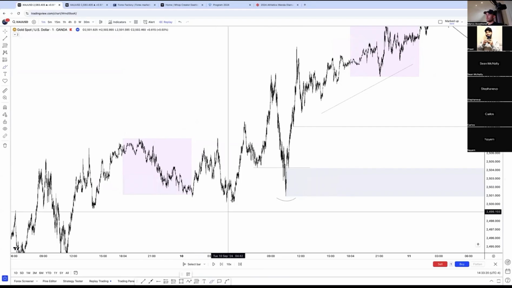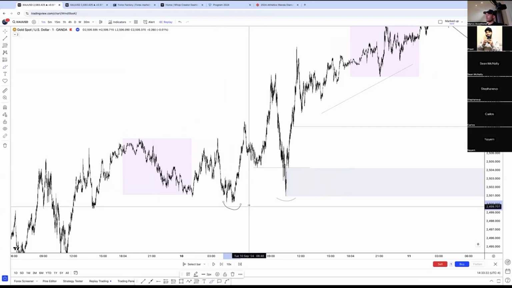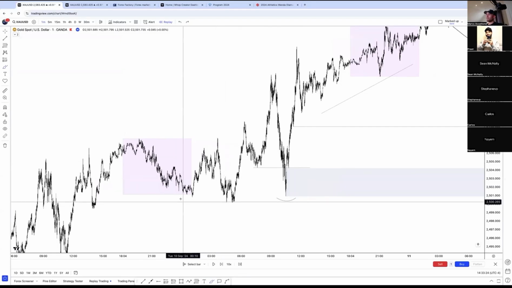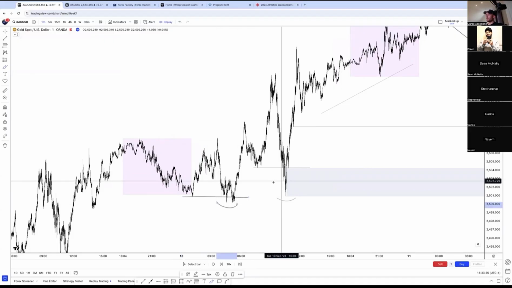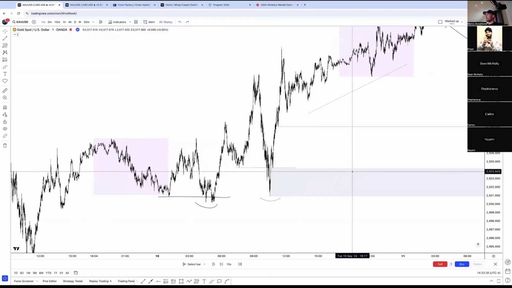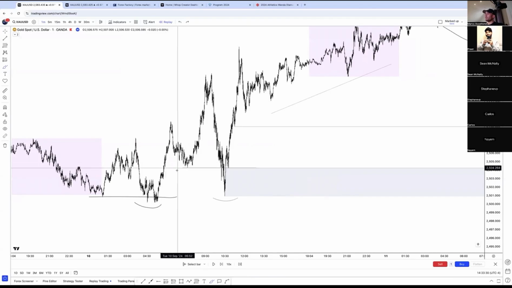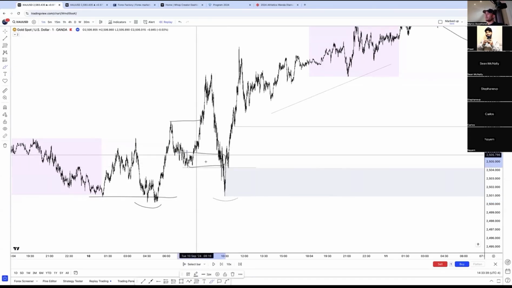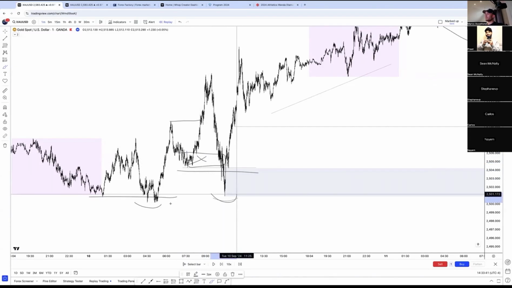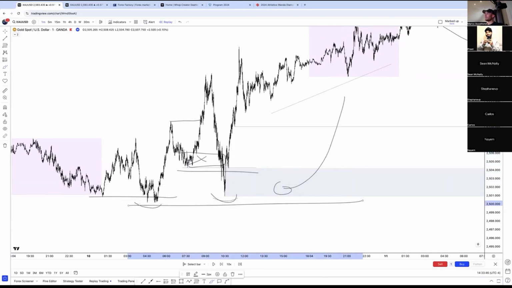Respect this? Yeah, for sure. This was a liquidity block before. We mitigated it. But as we know, we're bullish overall. Think about it from this perspective: we've taken this high out, we've taken this low out. Buyers got trapped. Anybody looking to buy here now got trapped, leaving us a liquidity block. So once we respect this area and move away, this is definitely going to be an area to target for the future.